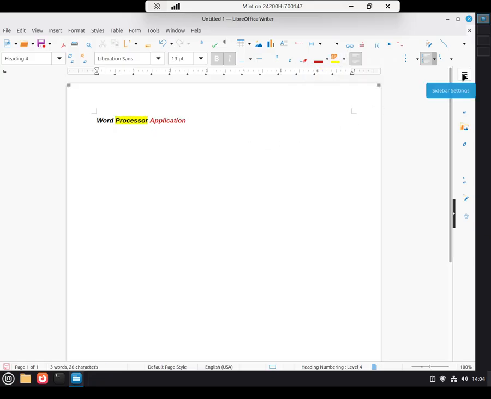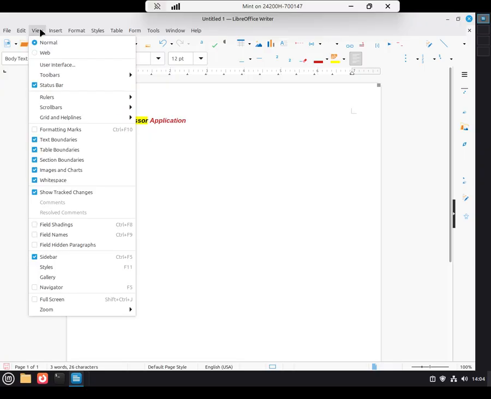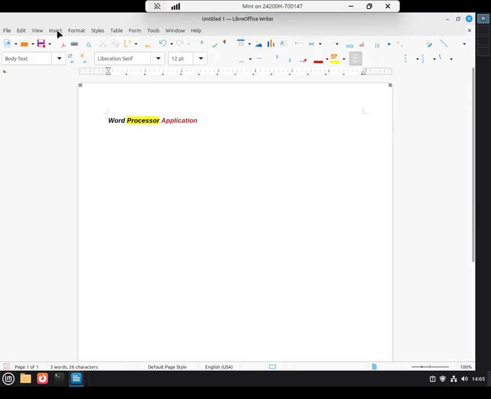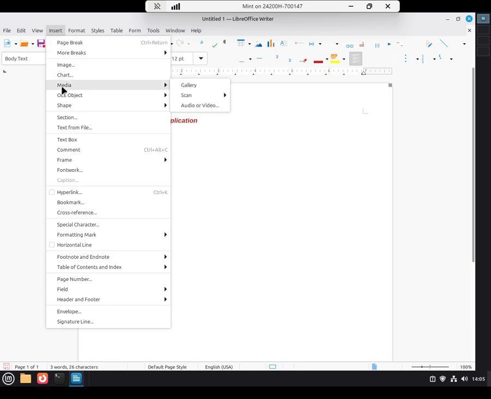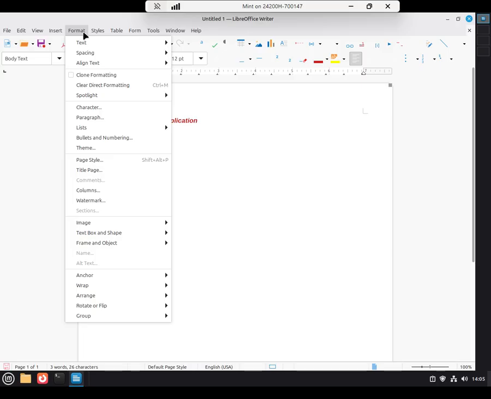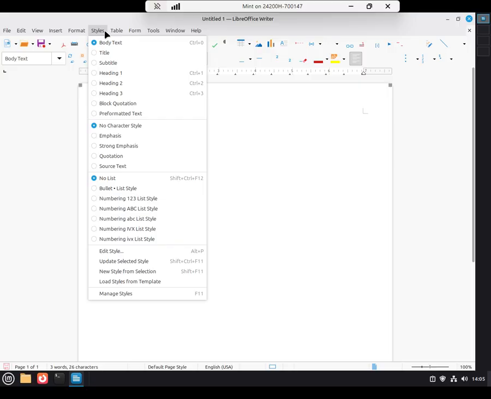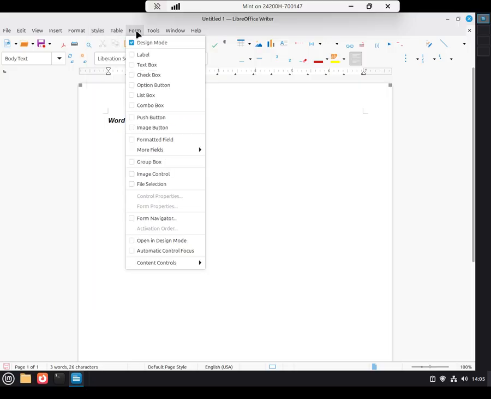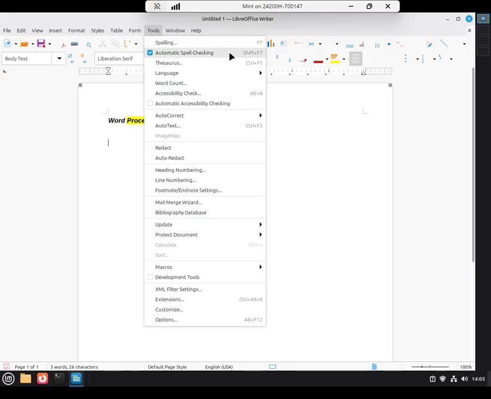Also, I have options over here. So sidebar settings, if I want to change my sidebar here, I can look at properties and styles and gallery. Okay, so rather than spending a lot of time walking through here, I do want to show you a couple of things real quick. So I can view text boundaries, table boundaries, white space, show my status bar, show or hide my sidebar if I don't want it. I can insert images, clip art, specific types of media, shapes, text from a file, a framework, a hyperlink. So very similar to what I can do in most word processing applications. Predefined styles, create tables, create forms, do spelling, enable automatic spell checking,